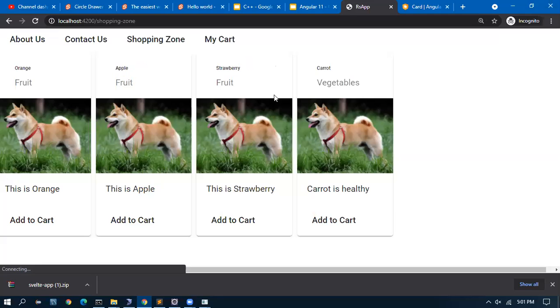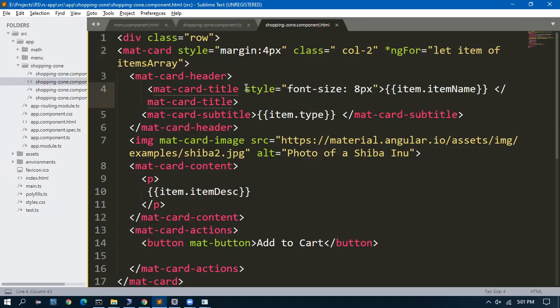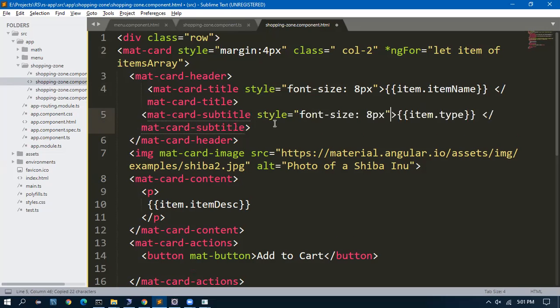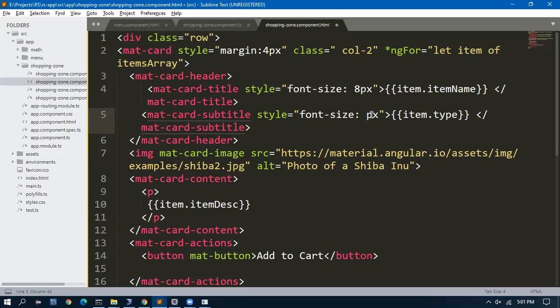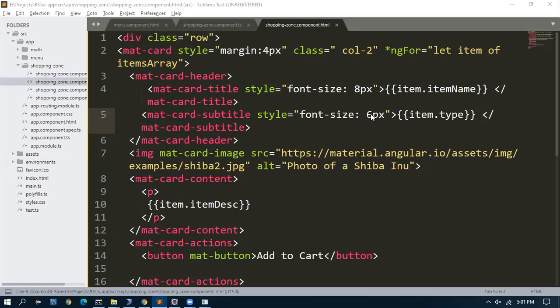Let us see. So the titles have reduced. In the subtitle, I'll reduce 1 pixel because subtitle will be less than the title. So I'll give it 6 here.